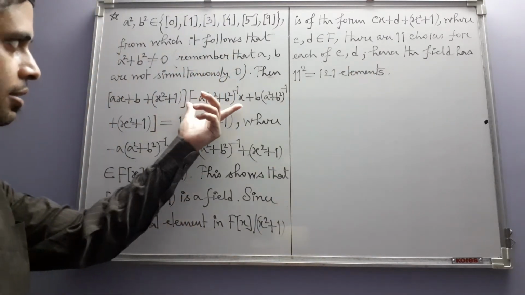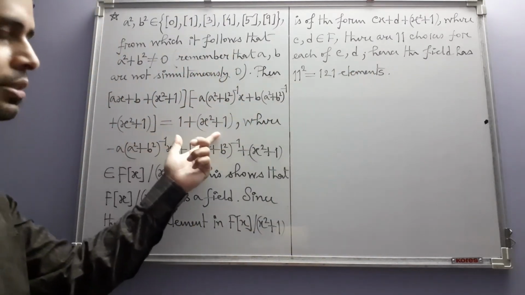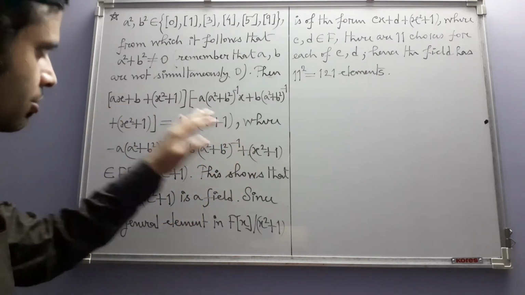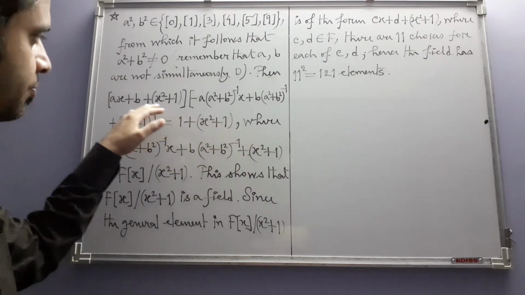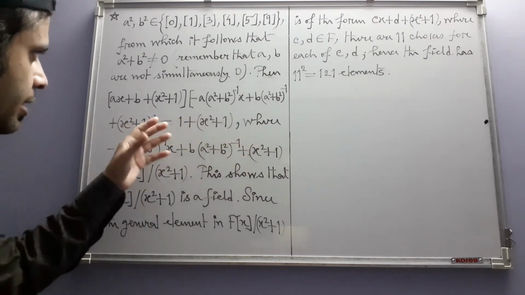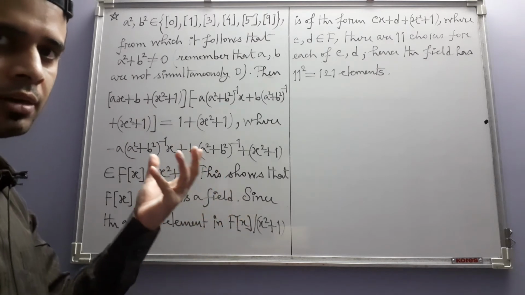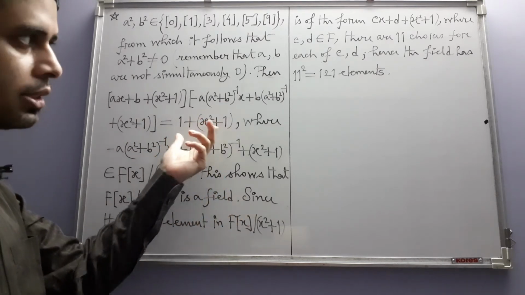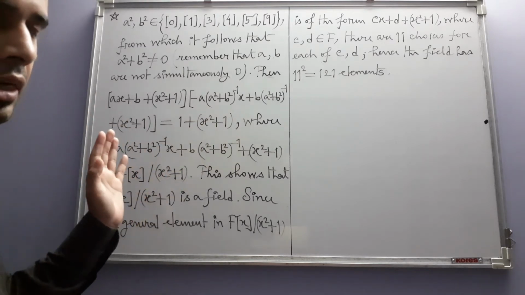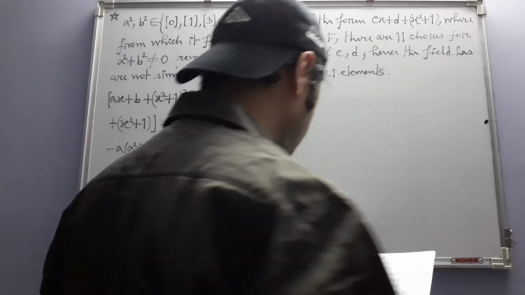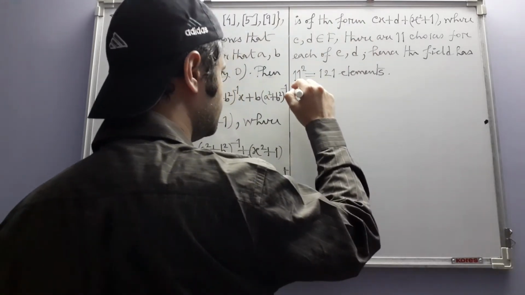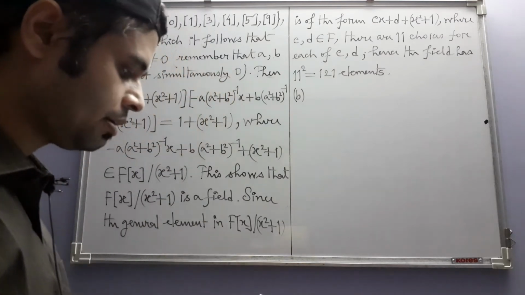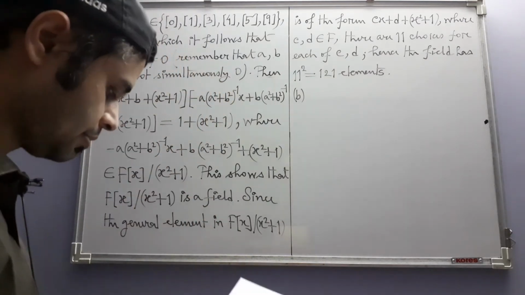The fact that this calculation gives us the unit element, this I leave to you. Please actually perform the calculation and see that whatever you end up with, that coset is actually equal to this coset. So that will convince you that the calculation is correct. Like this, we have part B. In part B, the field is the same, but the polynomial is now again something else.